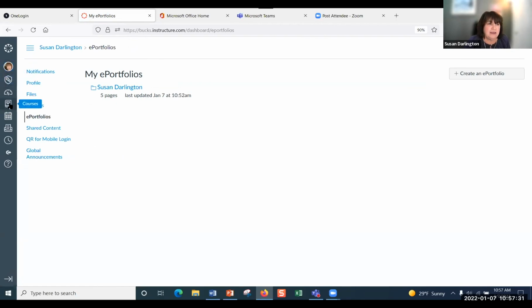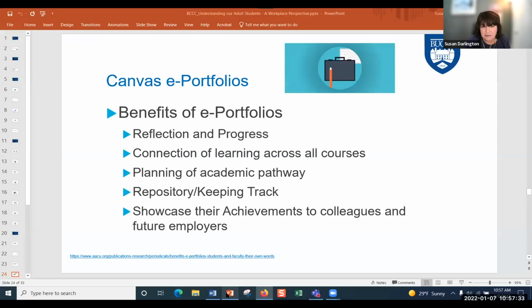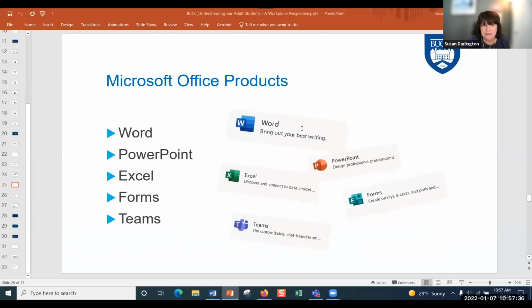Okay. Let's go back to our PowerPoint. The next thing we're going to cover is Microsoft Office products. Some of the best technologies to incorporate in your assignments are the common and easy to use technologies, such as the Microsoft Office suite of tools, which aren't always easy to use. Some of us struggle with ones like Excel, which can be very complicated. It's very robust. But some of our students are already using these tools on their jobs.